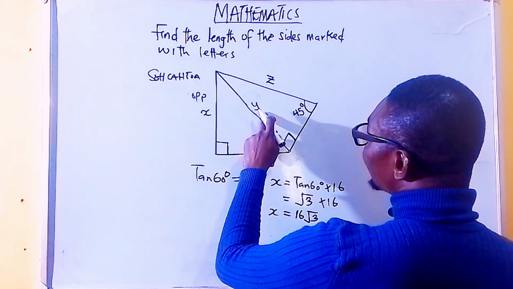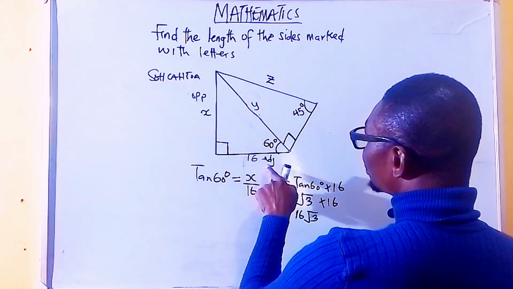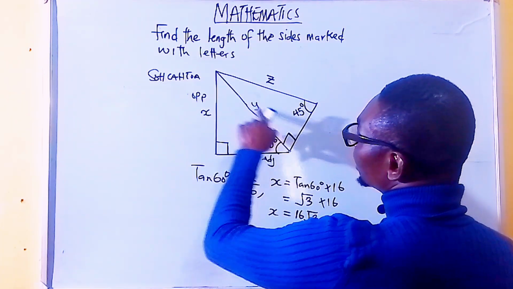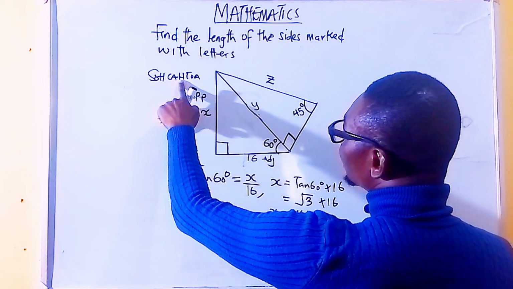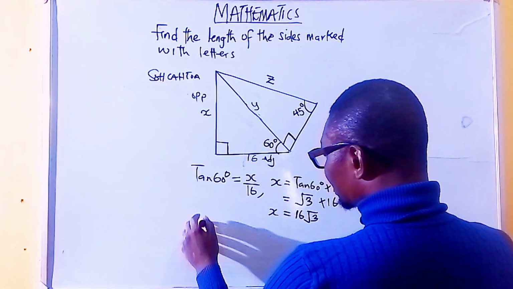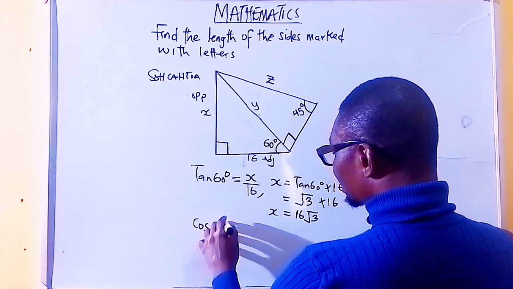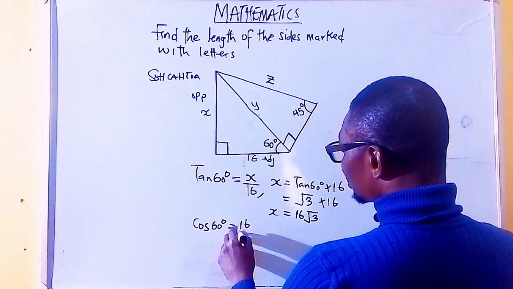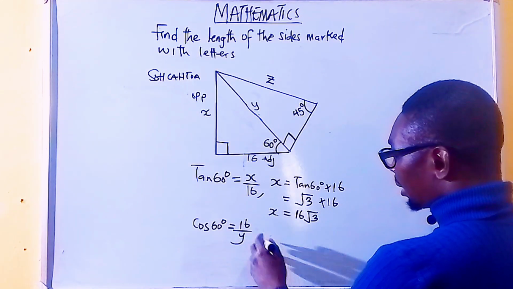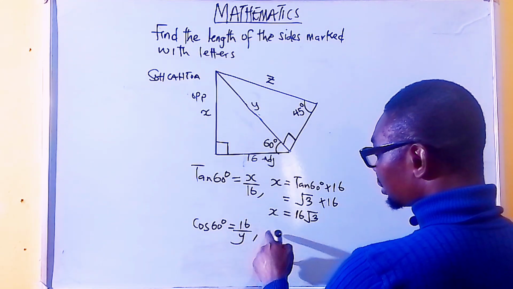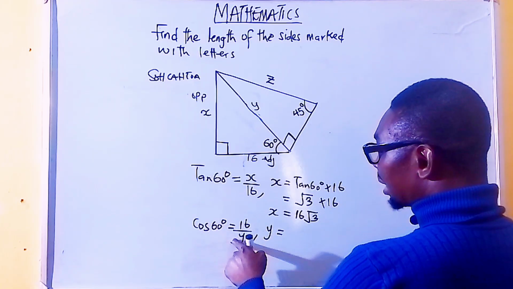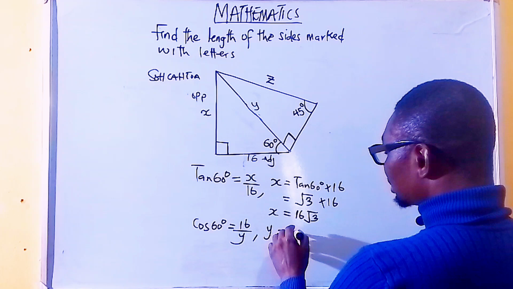Now let's go further to find y. To find y, this is the hypotenuse, so we now have adjacent over the hypotenuse. And adjacent over hypotenuse is cos. So I have cos 60 degrees equal to 16 over y. Therefore, to find y, we now have y is equal to 16